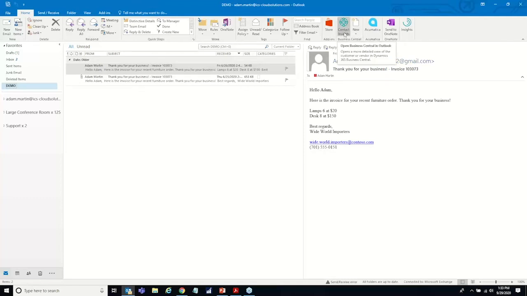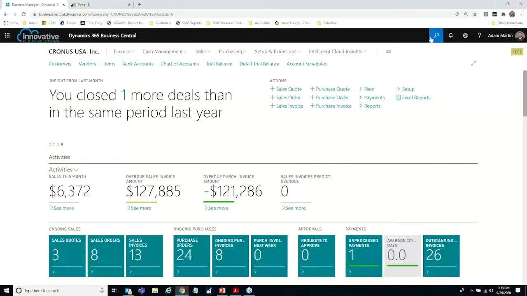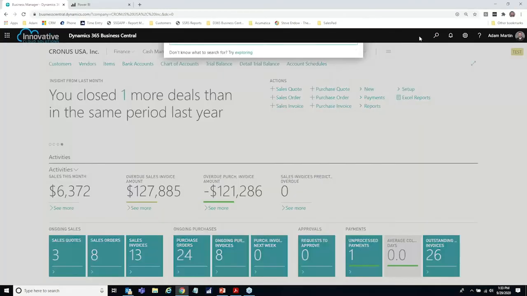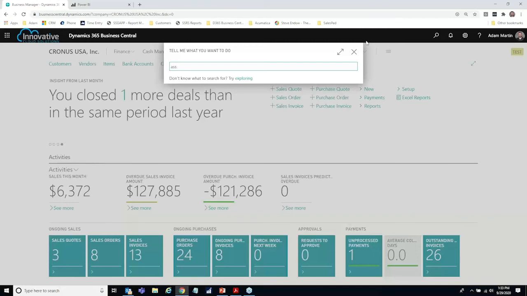This add-in is available not only on your desktop Outlook app, it's also available if you run Office 365 through a web browser. The configuration of this is done through a wizard, and a lot of Business Central is set up through assisted setups. And so if I go to assisted setup here,